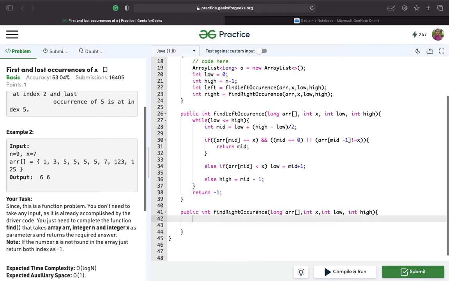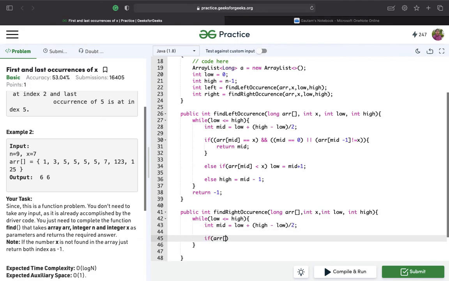Similarly, we'll write the code for the right occurrence. So while low is less than or equal to high, we'll need to find the mid element, and we need to take care of the overflow condition.